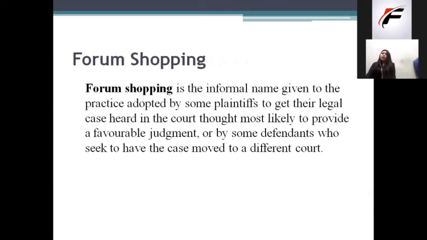So next is forum shopping. Forum shopping is the informal name given to the practice adopted by some plaintiffs to get their legal case heard in the court thought most likely to provide a favorable judgment, or by some defendants who seek to have the case moved to a different court. So forum shopping is